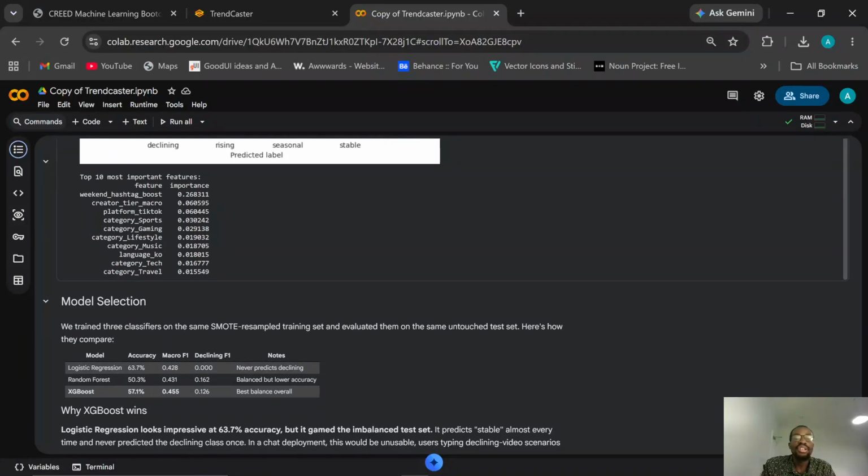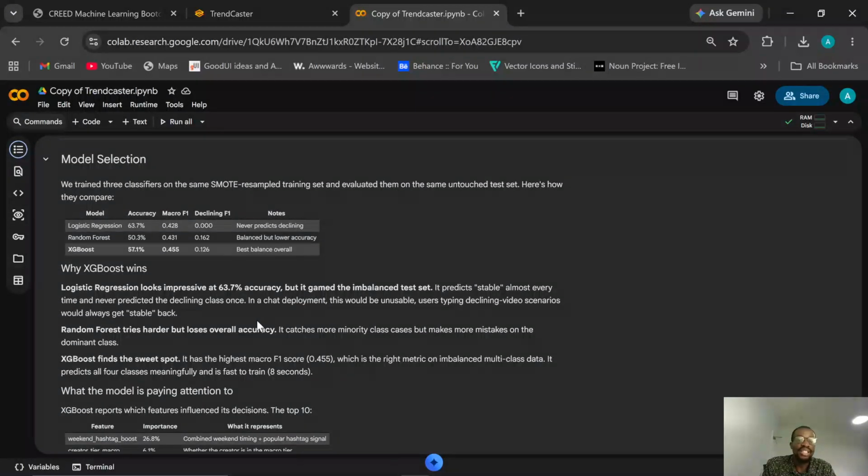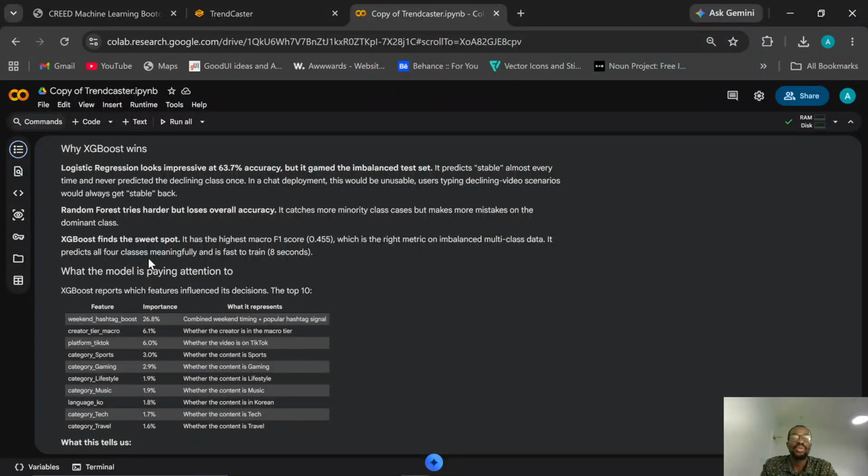So we trained 3 classifiers on the same SMOTE resampled training set. The XGBoost wins. The logistic regression looked impressive at 63.7% accuracy, but it gamed the imbalanced test set. The random forest tries harder but loses overall accuracy. XGBoost finds the sweet spot.